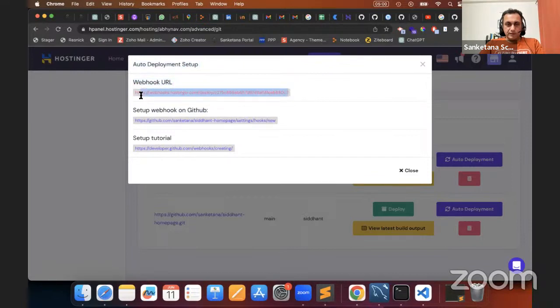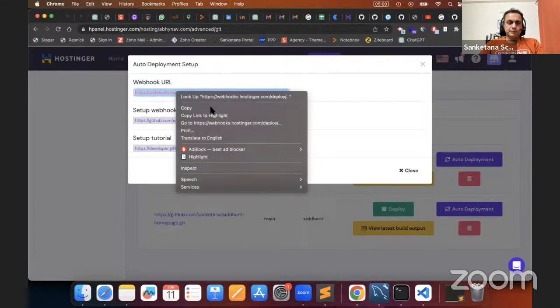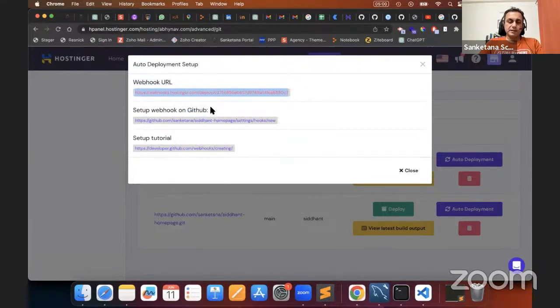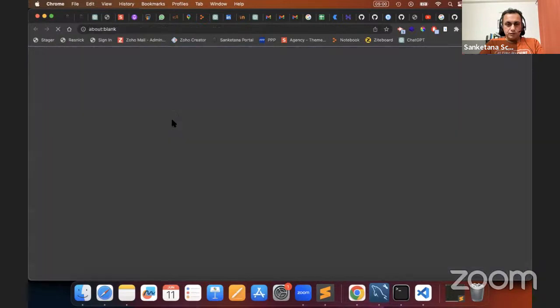Again, webhook is beyond the scope of this discussion, but in general, webhook is a way of catching events using APIs. Sometimes it is also called reverse APIs. Okay. So for example, if my payment failed, I can invoke another API. So let's go over here